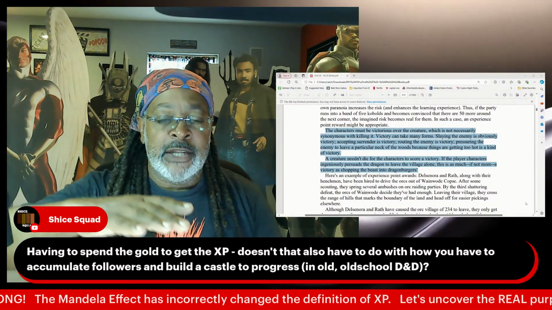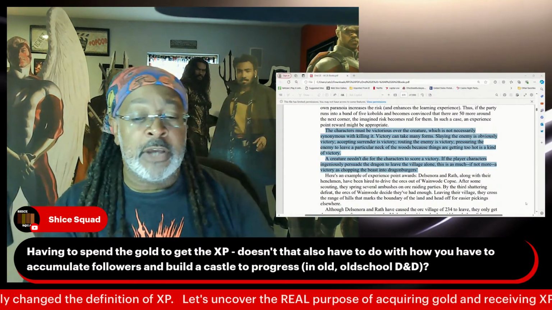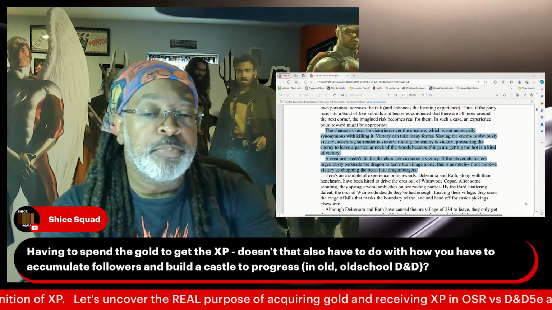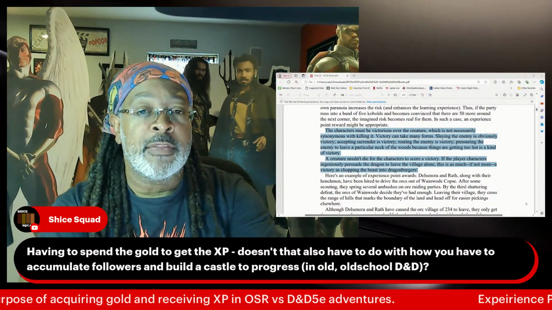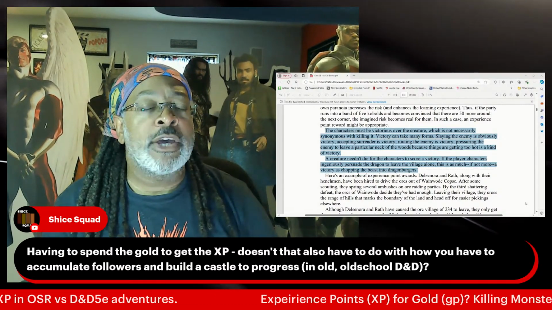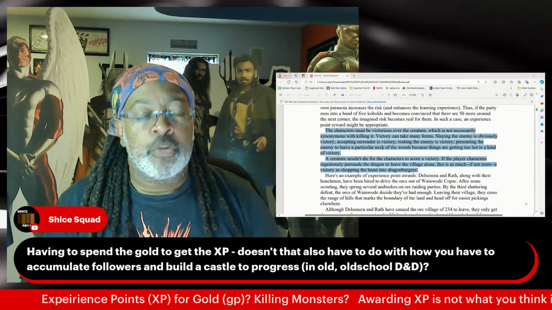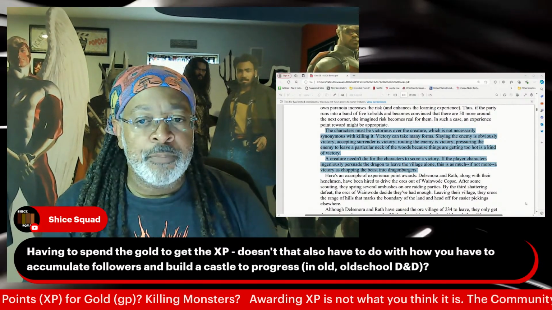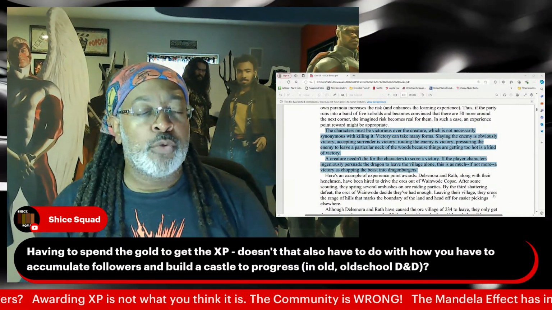You start gaining levels, you retire, and you become one of the other characters. Now, the game did progress past, I'm going to pick 10th level. It went up to 20th level. When it got to that point, you were no longer walking the earth. You were extraplanar superheroes. You were solving issues about saving the multiverse.